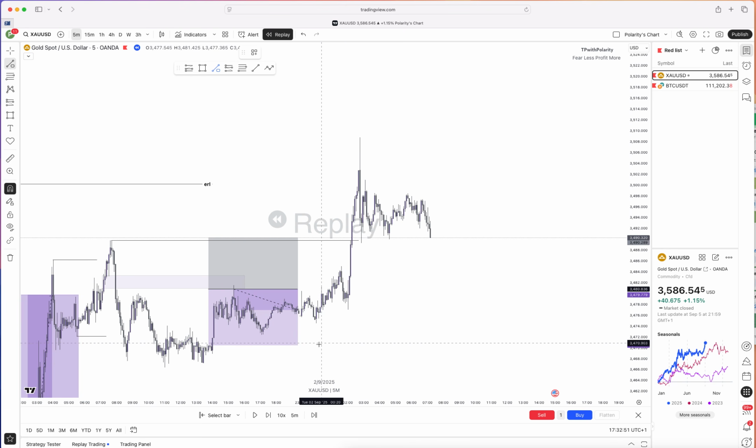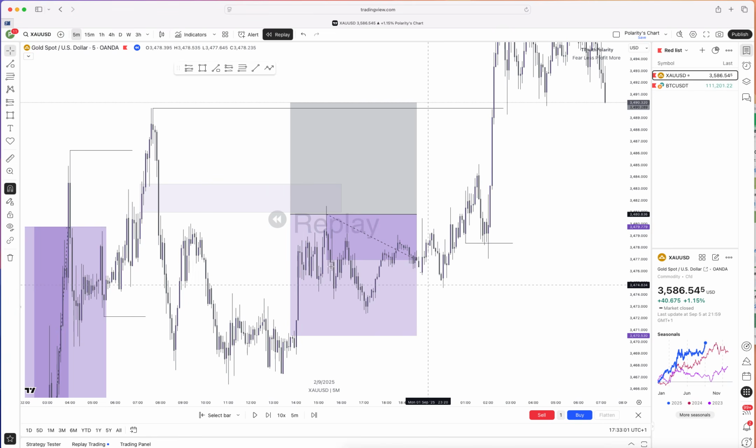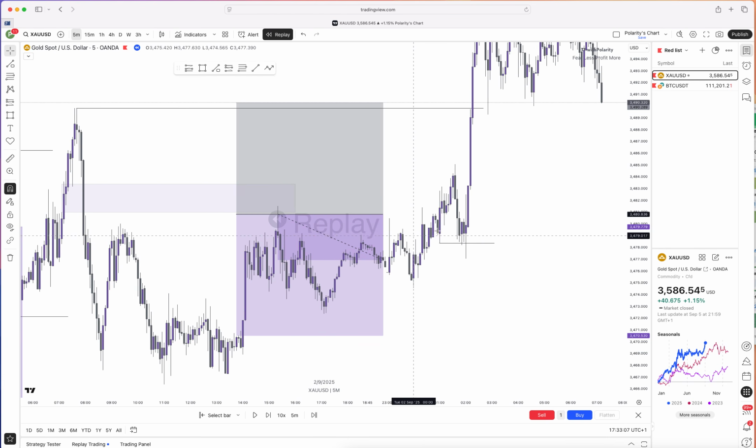catch an entry. Ooh, this was on two. This was on two on the opening of a new day. So I could have been able to catch an entry from this low. Yeah, I remembered. I could have caught an entry from this low, but due to the sentiment of this POI right here, I couldn't take this entry